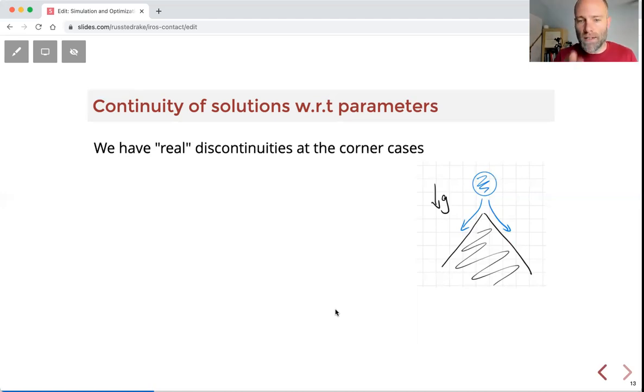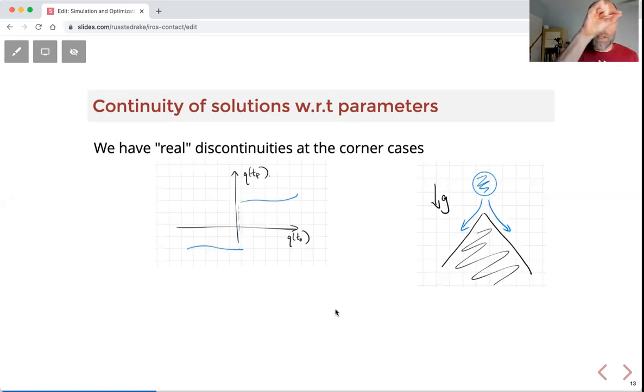So if I were to drop the heel or just some sphere on a corner of the box, okay, then there are discontinuous solutions there, of course, right? So if I were to plot this, if I change the initial position of the sphere, then at some point it's going to go down the left side of the box, and at some point it's going to discontinuously go down the right side of the box. Okay, and that's just real. I mean, you really do expect it to never end up in the center of the box, right?